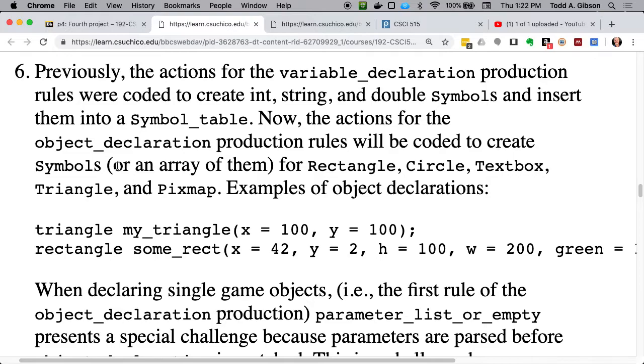All right. So number 6 here, this is all preamble. I actually rephrased this. I haven't pushed the update yet, but I say something like, pretty soon, in a number a little bit further down, you're going to have to write the actions for object declaration. Don't write the actions for object declaration here. It's just giving you a little information. So in order, when you do it down there,